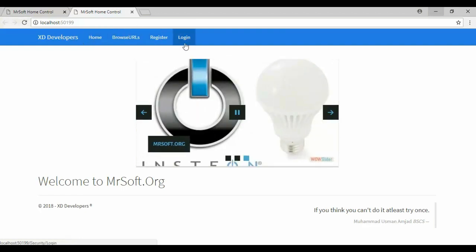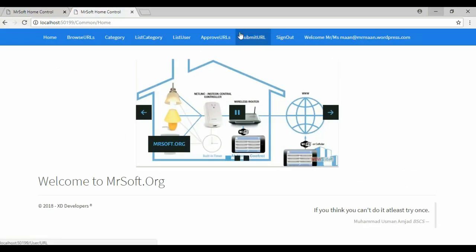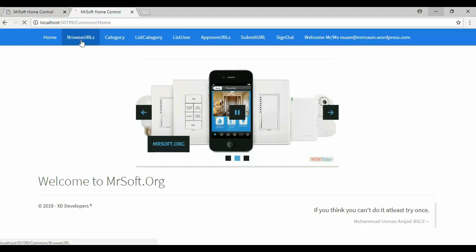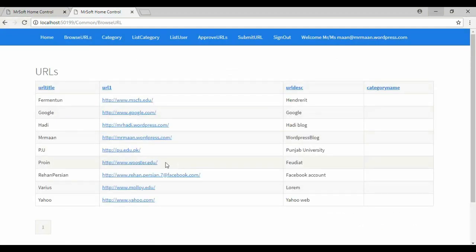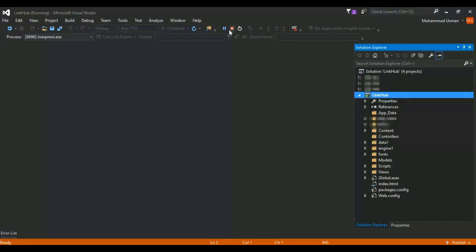So let me show you my application is working fine with my SQL. First I'm going to log in with my account on my application. So it is logged in. After the login, I'm going to browse something to show you my application is working fine. So first make sure your application is working in Visual Studio with your database. Next thing,